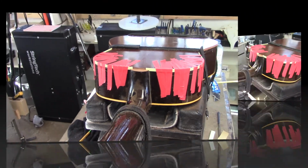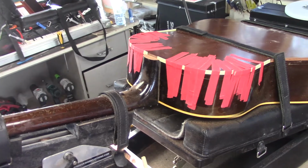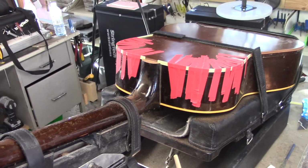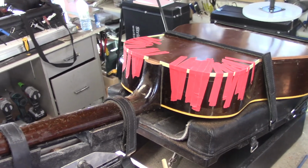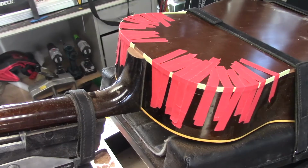While I had the back off, I got inside. I had complete access to the top, which was beautiful. Basically cleaned up all the braces that were loose and got them all glued, so the structural integrity is right back intact now. But something else that I did that I've never really done before, when I glued the back